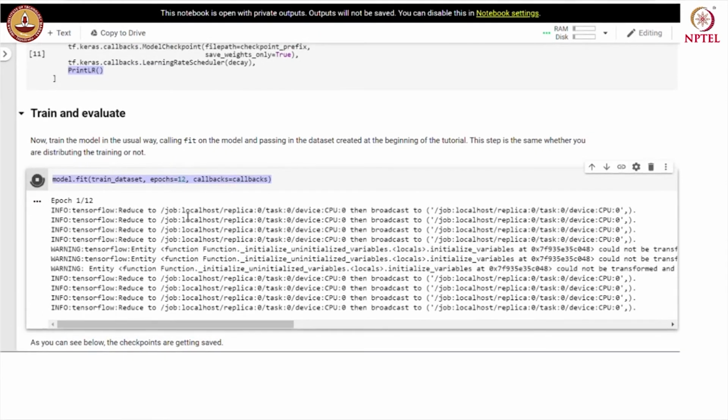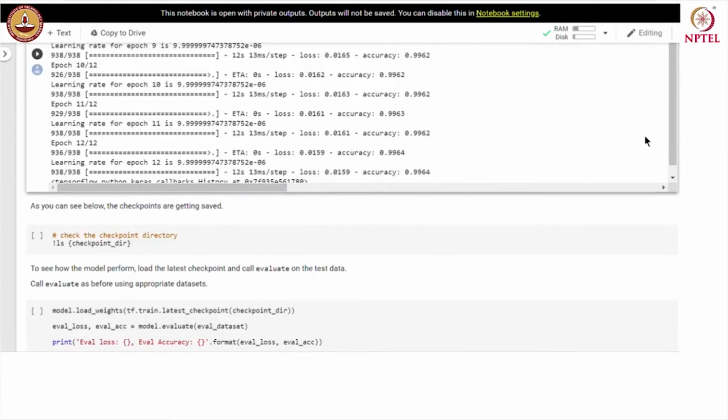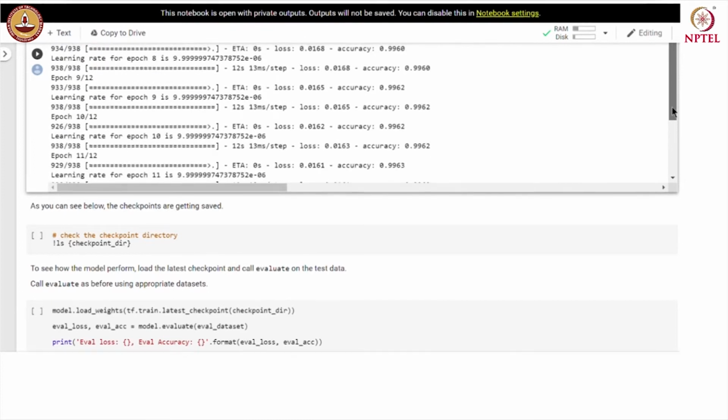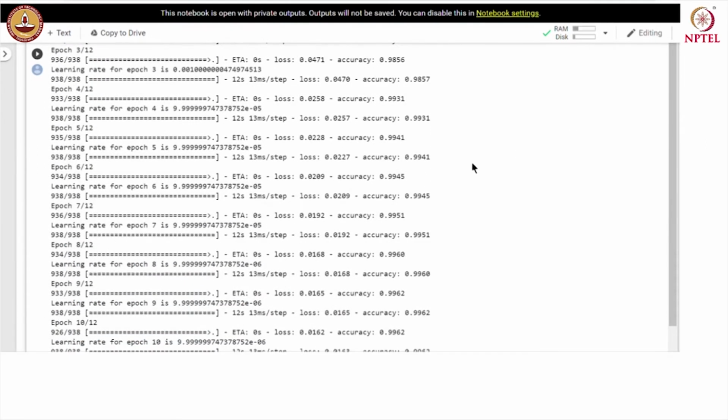You can see that the model is getting trained. After 12 epochs the model has reached an accuracy of 99.64, and you can see that we are printing the learning rate at the end of each epoch.